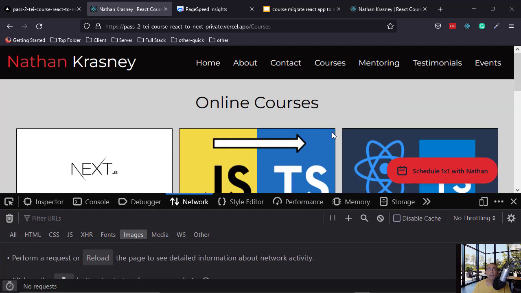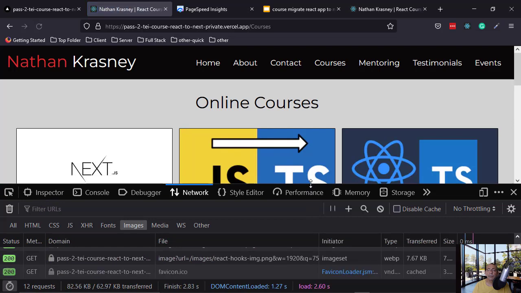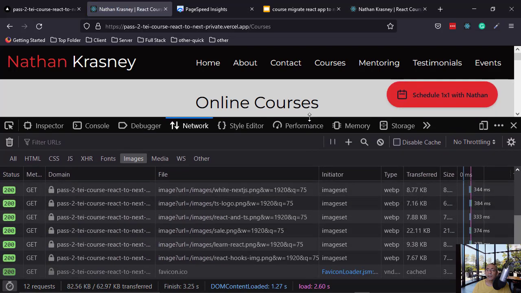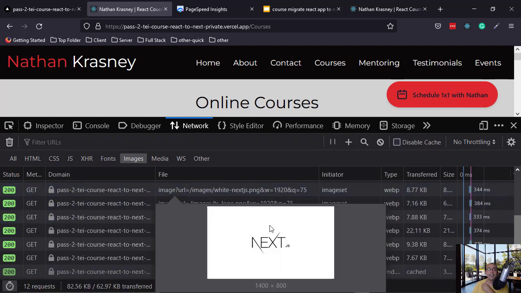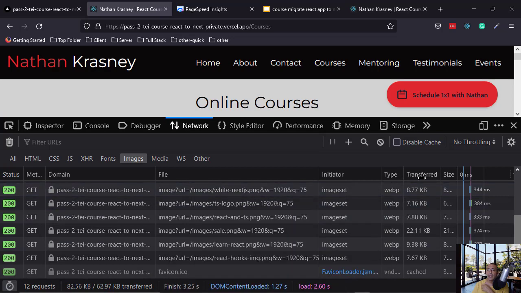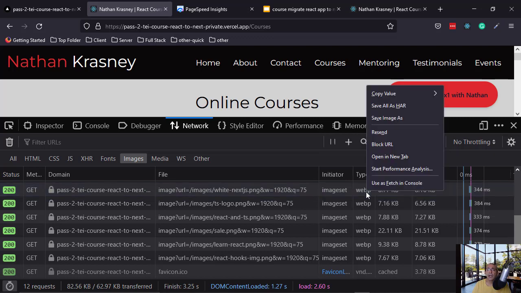Okay, let's see what is going on. So let's refresh. Okay, and what we see is very interesting, because the type, you see here PNG and PNG, but actually the type that we got here is WEBP. This is not the type of the image originally, but what is happening is that this image type,